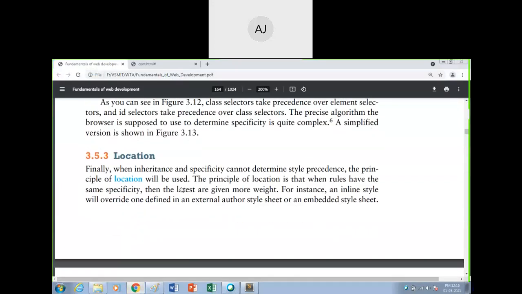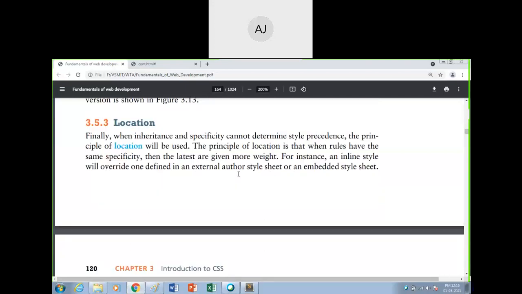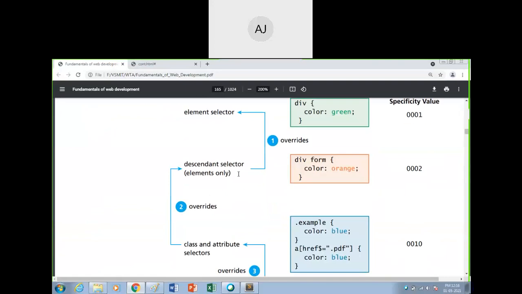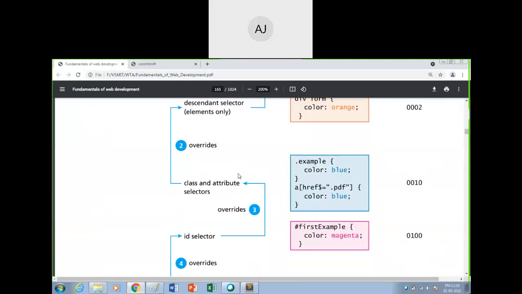Location. Location is also the same as specificity, but the point is where exactly your CSS is present. If it is present inline, give the important preference to that. If it is written in the head section, give more importance than the external, and if it is given in the external level, then give the least priority to the external CSS. That is the example. So you can just see this example.